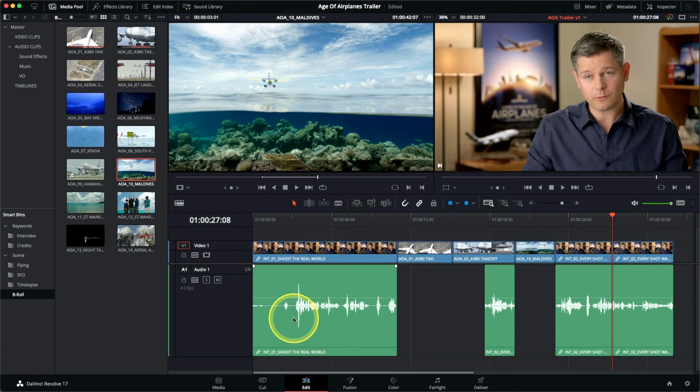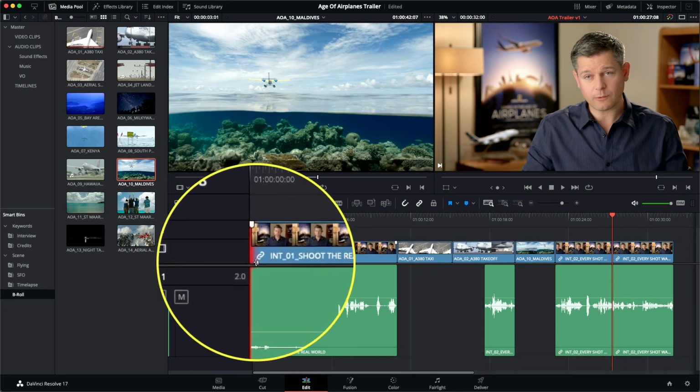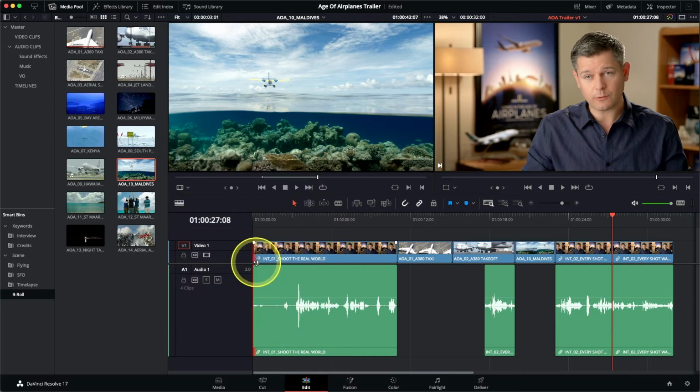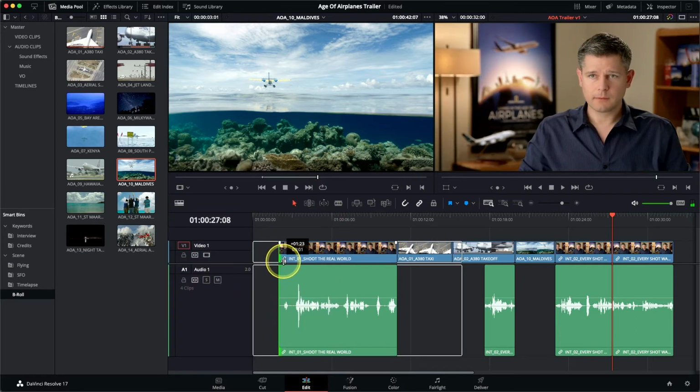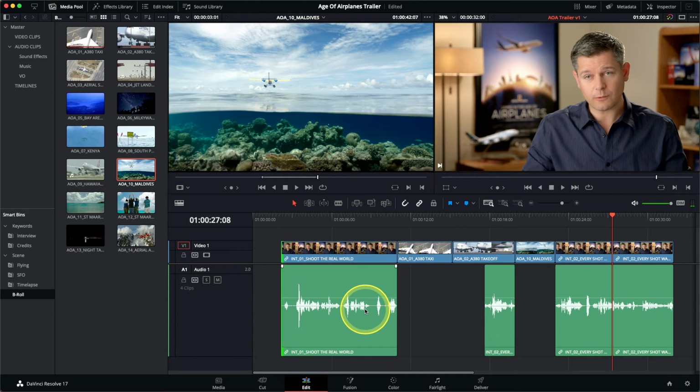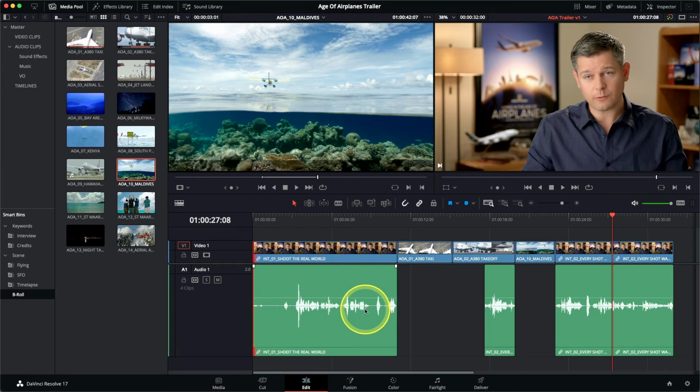Now, if I use my selection edit mode here, I can select the beginning part of that interview. And if I trim that, you can see that it will trim and remove a portion of the clip, but it will also leave a gap. This is not a huge problem, but there's more efficient ways that we've got of being able to trim that and not leave a gap. So I'm just going to undo that